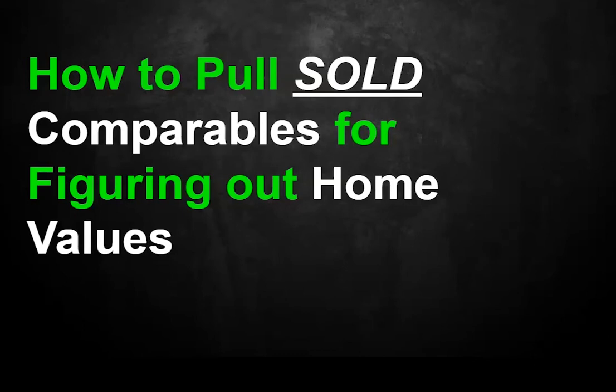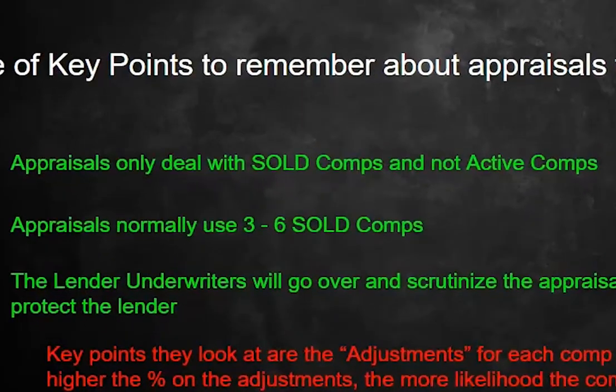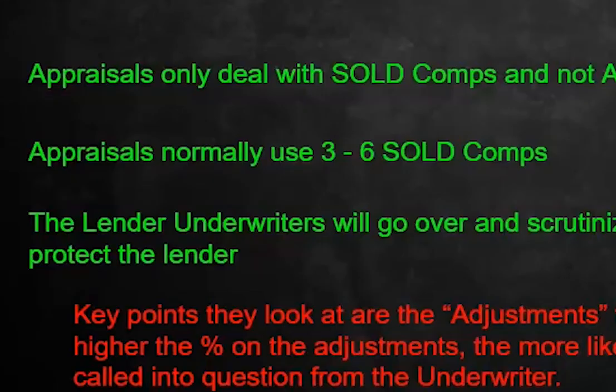Okay, let's talk about how to pull sold comps the correct way for figuring out home values. A couple of key points I want to make clear, especially for those not in the real estate industry: appraisals only deal with sold comps, not actives. Normally they're going to use 3 to 6 sold comps. I see 5 a lot, and the point is, you really need more than 3 good comps to go through